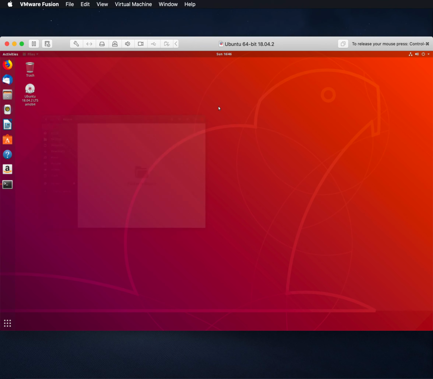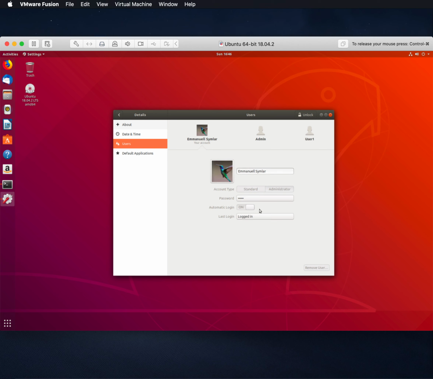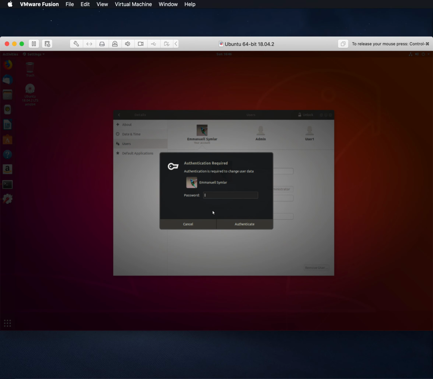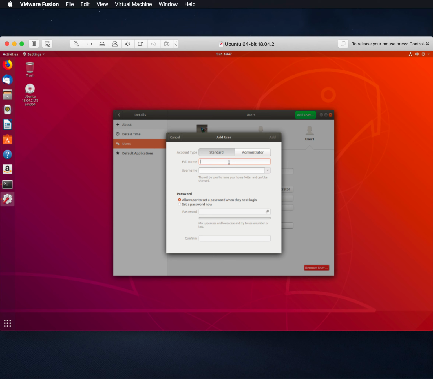Now let's exit out of here. And if I want to go to settings, I'd go into here. It takes a little bit to open. Now let's see if I wanted to add a user. Shoot, there we go. I would have to go into here, type in my password. Alright. Press add user. Type in